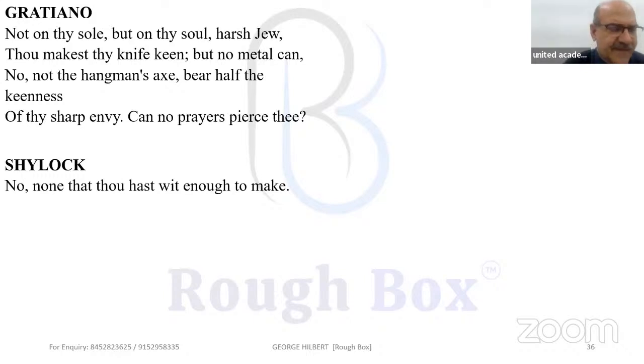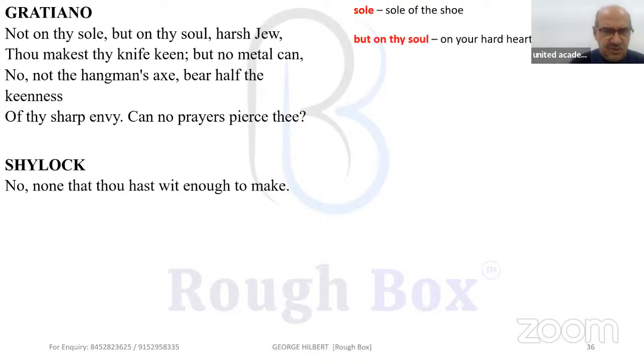And then Graciano also interferes. And he actually abuses Shylock. Not only Shylock, but even his mother, in the foulest of words that anybody can use. When Graciano sees Shylock sharpening his knife on the sole of his shoe, he tells him, not on the sole. You are not sharpening your knife on the sole of your shoe, but on your soul, but on your hard heart. Harsh Jew,